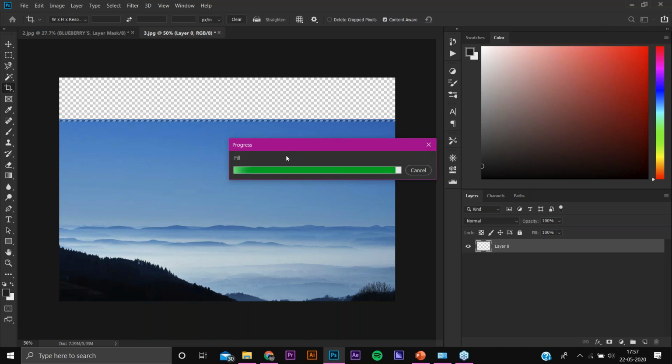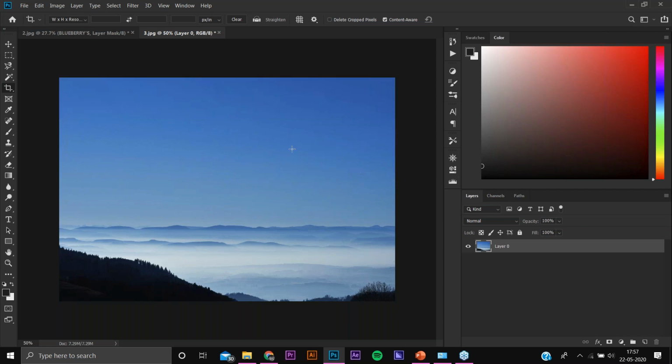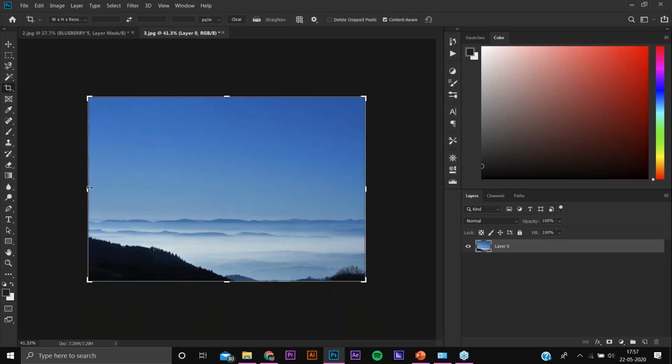Now the AI of Photoshop will work and show us the result. The basic auto-generated image appears in the upper part of Photoshop. Now similarly, I think the mountain should have extended towards the left also, part of the view. So you should expand it to the left part of the view.